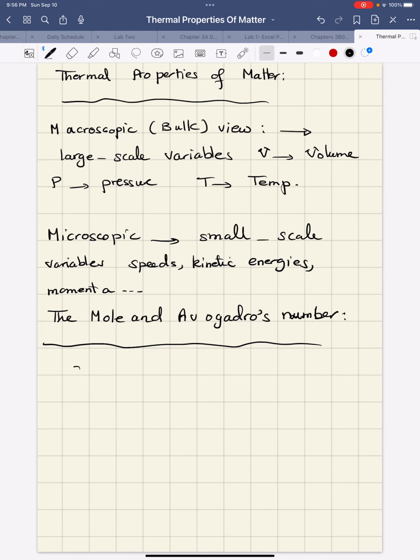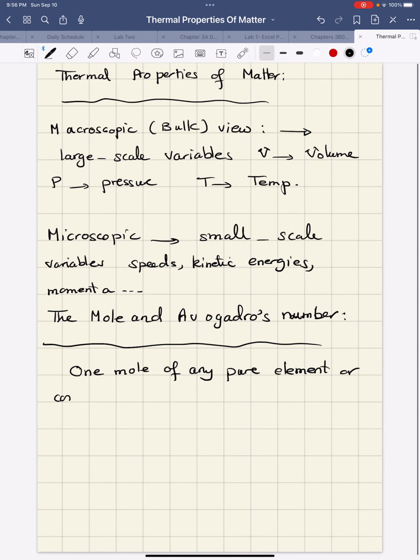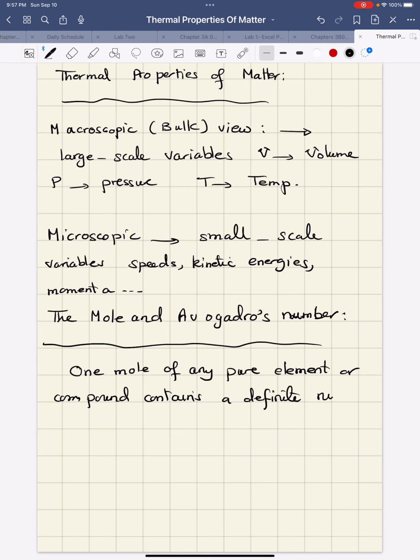Now, 1 mole of any pure element or compound contains a definite number of